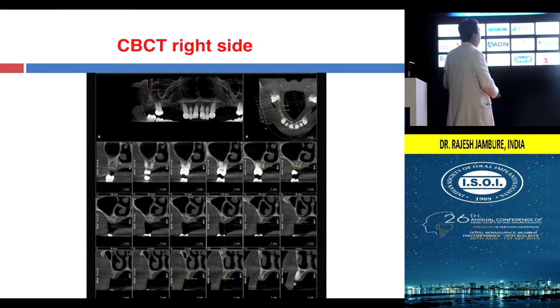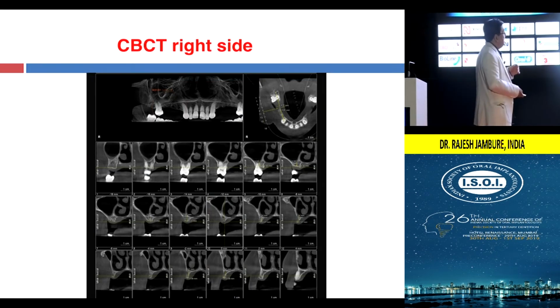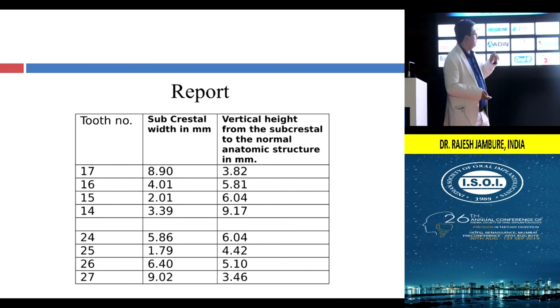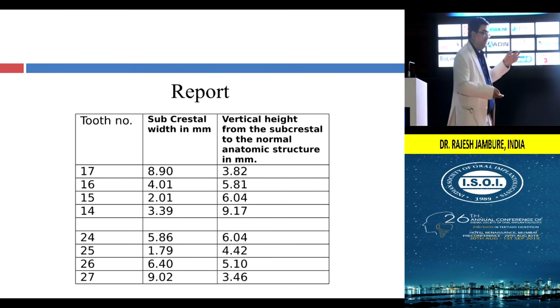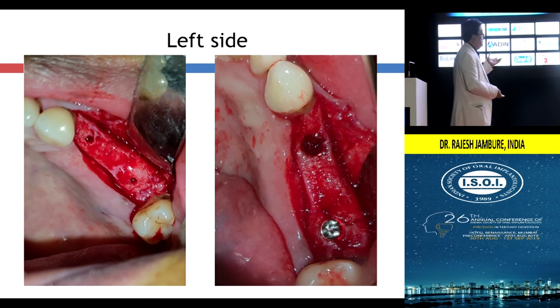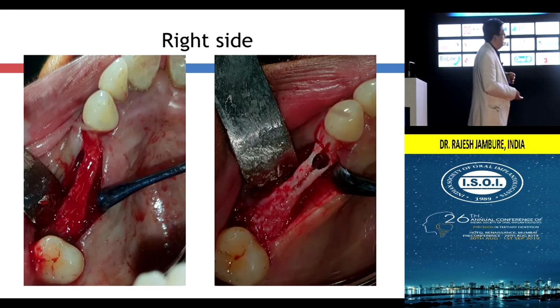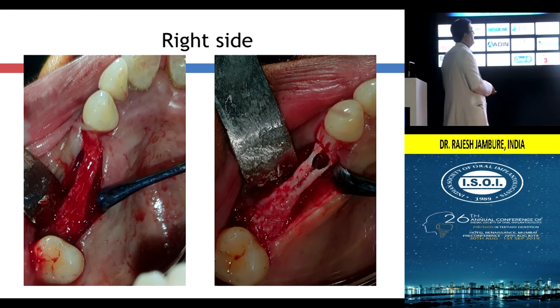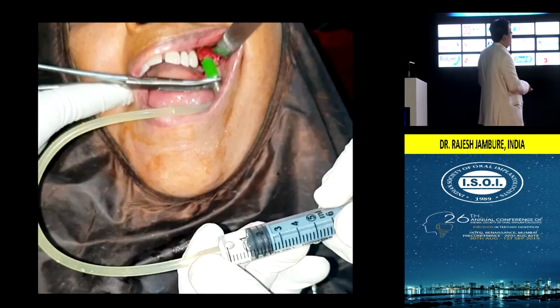Now another case with the crestal approach, you can see here the CBCTs on both sides. There was an edentulous area on both sides, with missing posteriors. The 7s were present, but 4 to 6 were absent. So the RBH was almost between 4 to 6 in both cases. We decided that we'll go for a crestal approach in this case, and it was good on the left side. The bone width was good, so normal sinus lifting with the kit. On the right side, I even did a simultaneous ridge split, and then used the crestal approach kit.